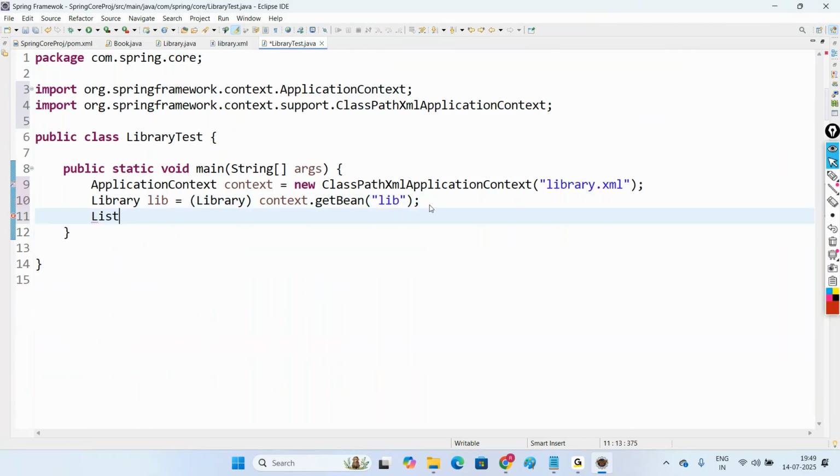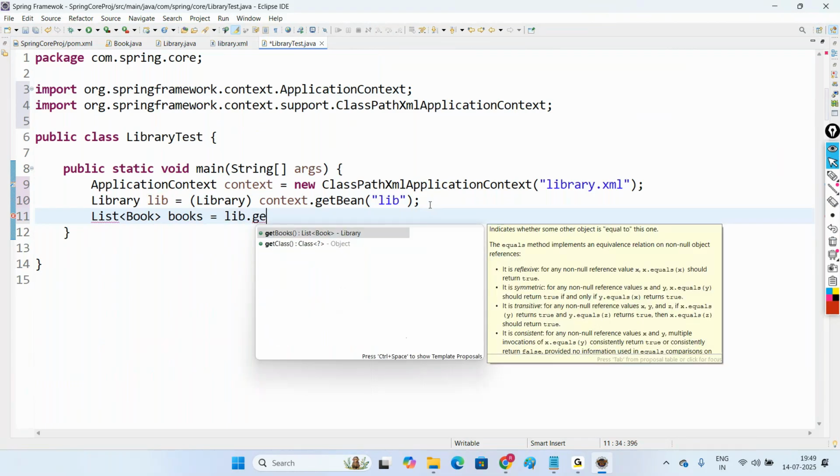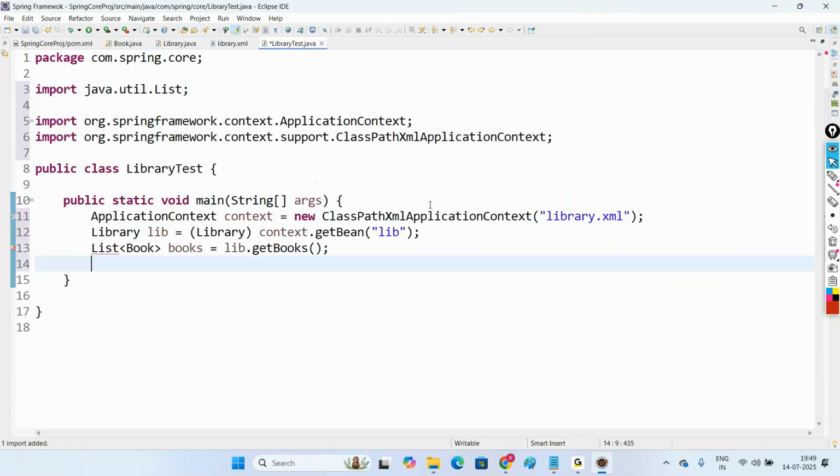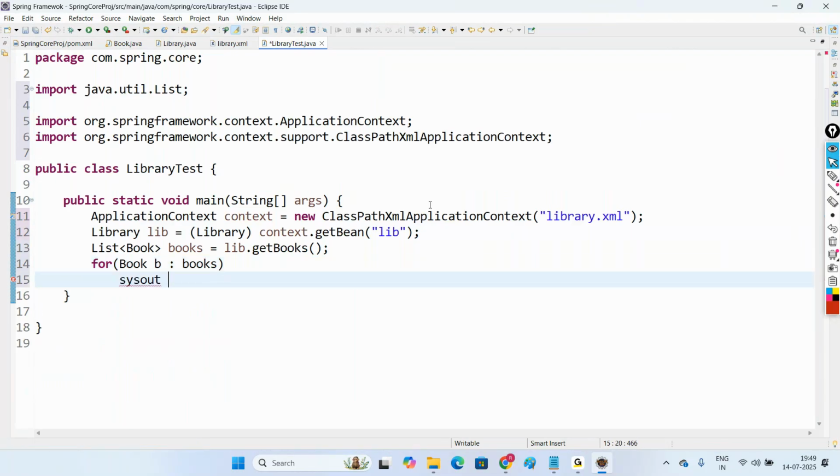Now see here, List books = lib.getBooks(). We are calling the getter method. Now traverse these books. How to traverse? For (Book b : books), then print the object b here. That's it. Now see, when we run this code,